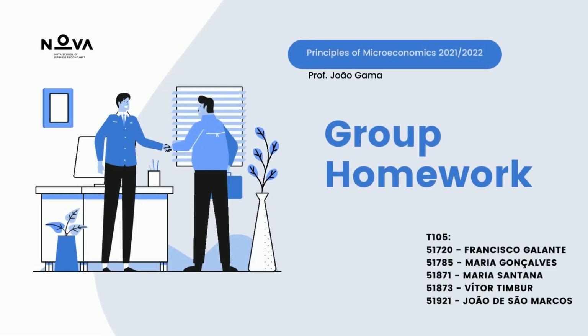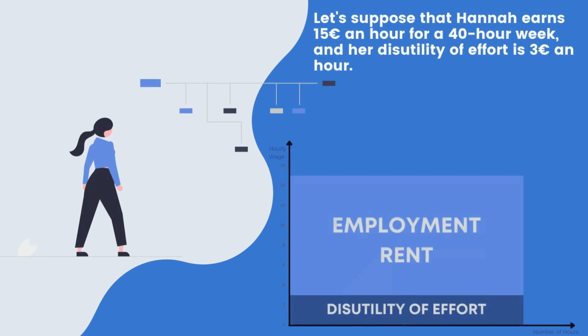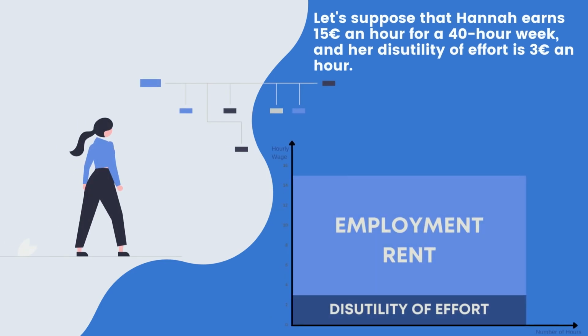These are our solutions to the exercises we've created based on the article we chose. Let's get started. Our first question reads the following. Let's suppose that Hannah earns 15 euros an hour for a 40-hour week, and her disutility of effort is 3